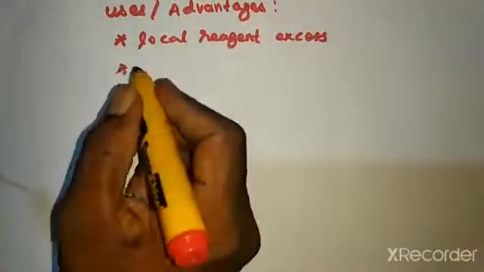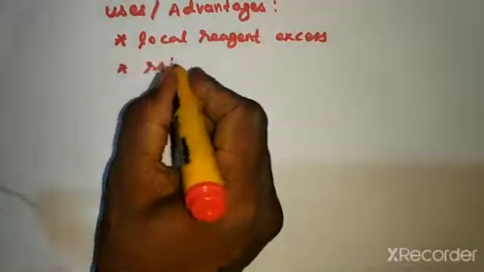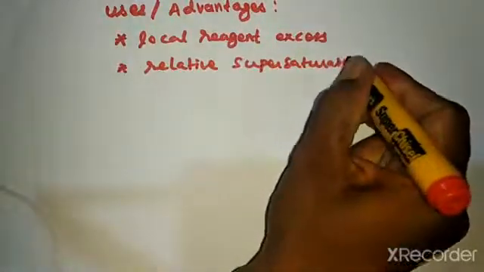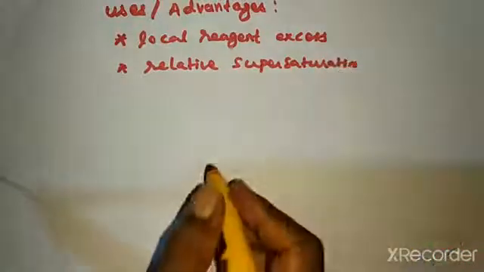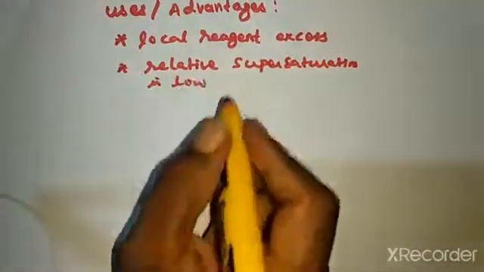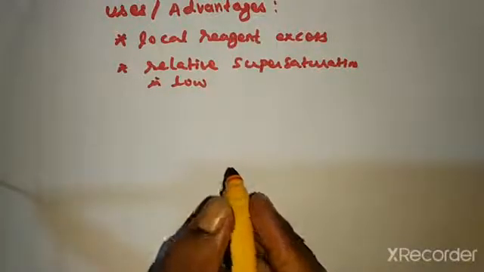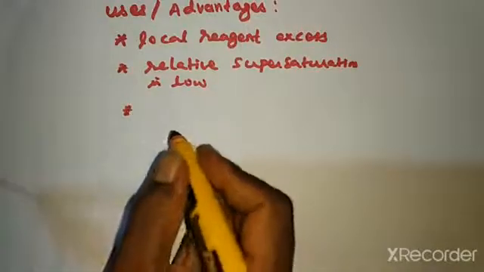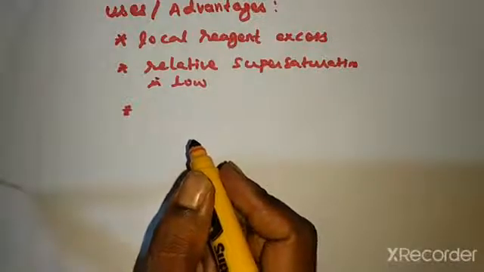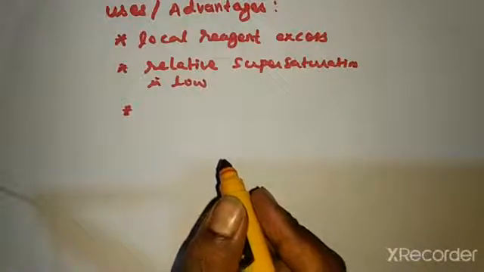And the relative supersaturation will be low when we do precipitation from homogeneous solution. The relative supersaturation is low, and then this method results in a marked increase in particle size,